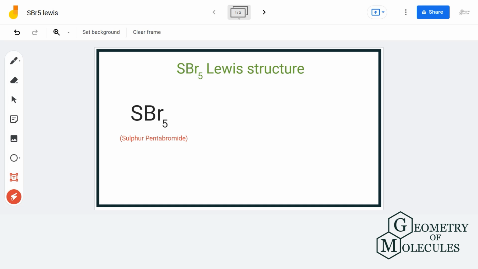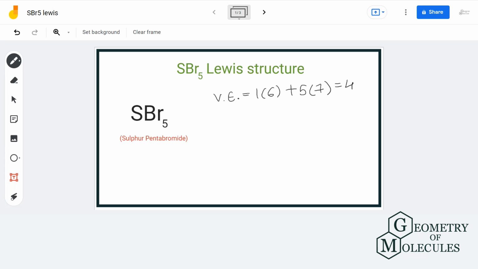In this video, we'll discuss the Lewis structure of sulfur pentabromide. It has a chemical formula of SBr₅, and for drawing its Lewis structure, we will first count the total number of valence electrons it has. We have one sulfur atom having 6 valence electrons, 5 bromine atoms having 7 valence electrons, and that gives us